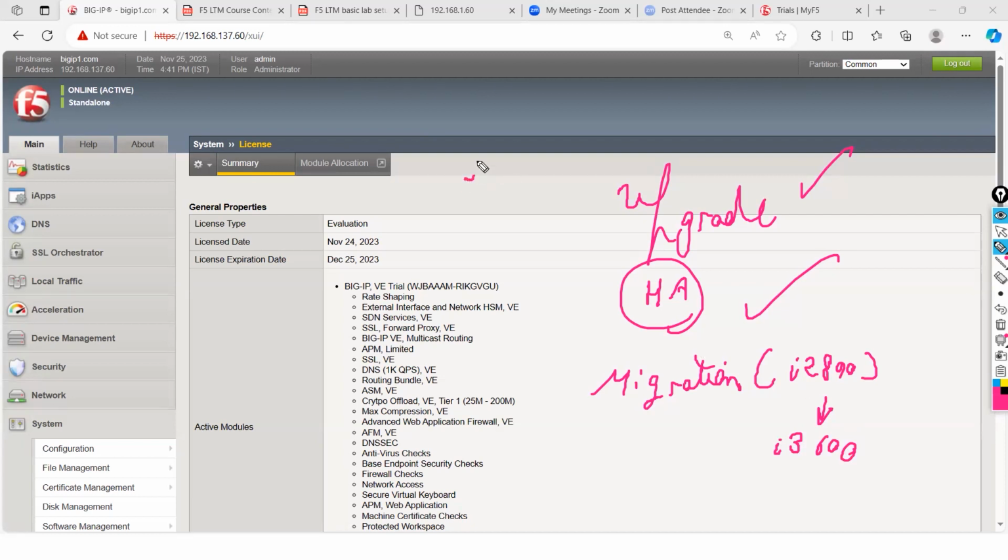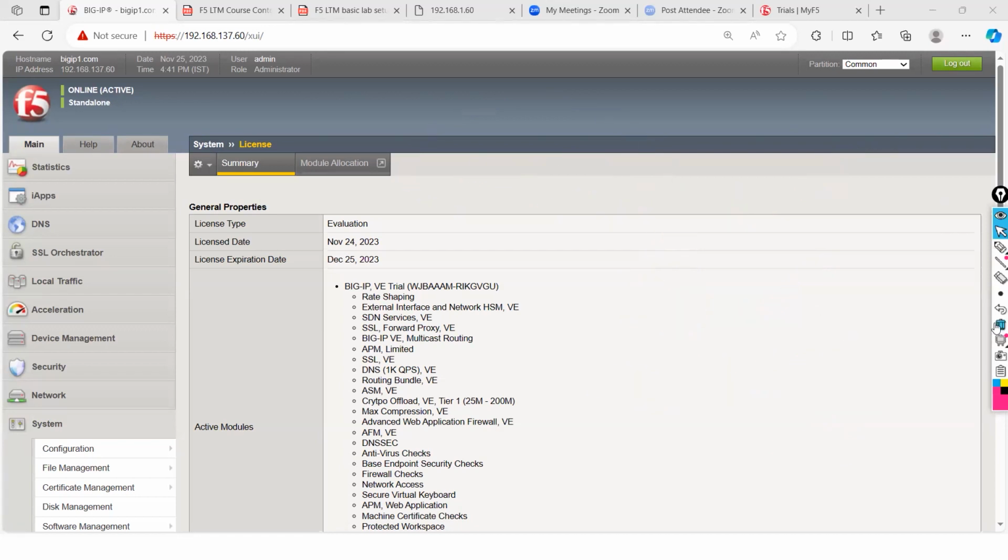You can do box to box migration from VMware to hardware. So all those concepts will be covered. So that was how the console looks like.